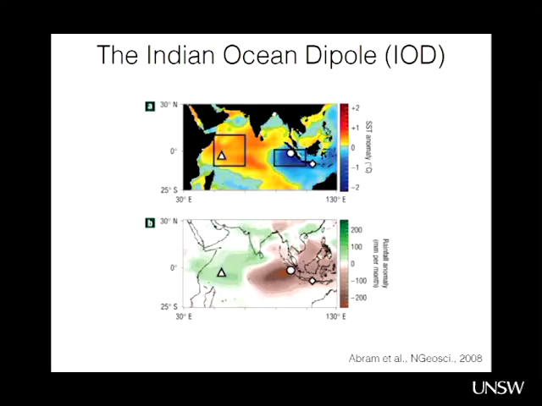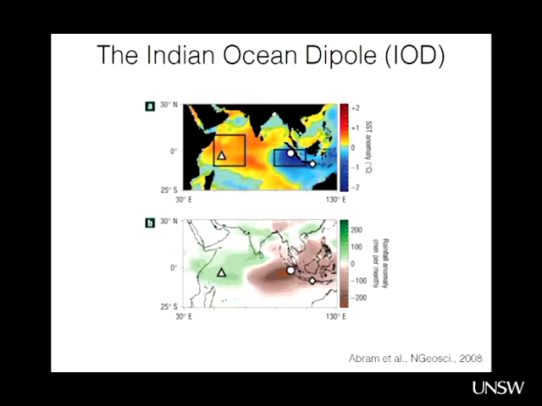The Indian Ocean dipole. So this is a plot of sea surface temperature again in the Indian Ocean. And what has been observed is that there is often a dipole. So the western part of the basin will be warmer, or the opposite, warmer or colder than the eastern part of the basin. So what people do, with these boxes here, they take the sea surface temperature averaged over those boxes and calculate the difference, and that gives them a time series for the Indian Ocean